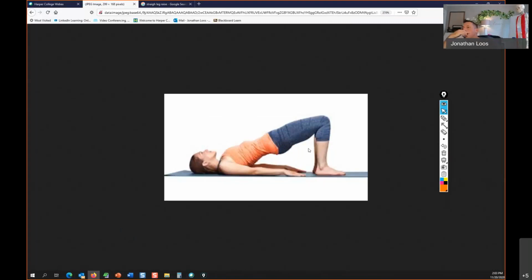Okay, so we start with our butt on the floor and we lift it up. You started from here. What joint action happened here? Hip extension. Probably some level of knee extension. It's kind of hard to tell, but we're going to analyze here. And what joint action happened at the shoulders? Shoulder extension. So you have shoulder extension, hip extension, and